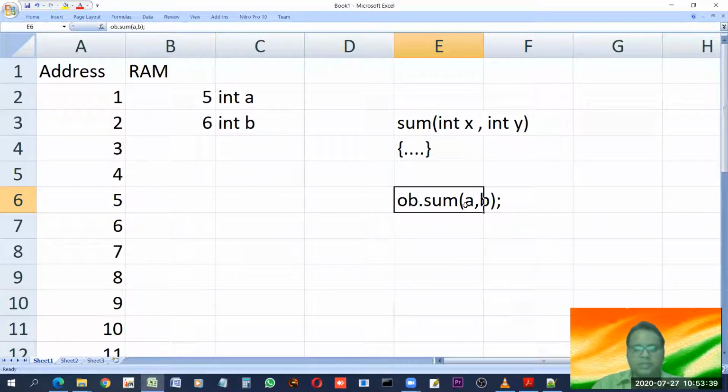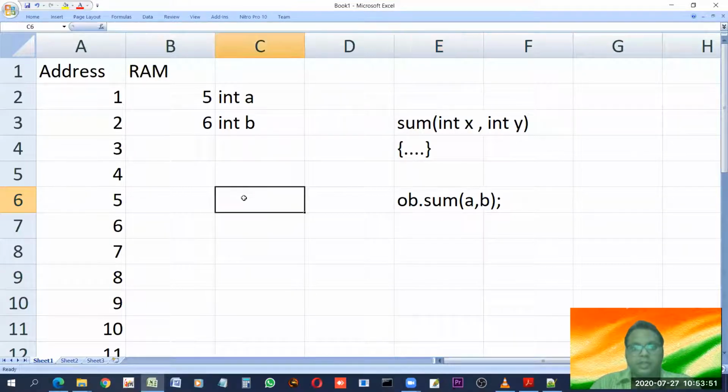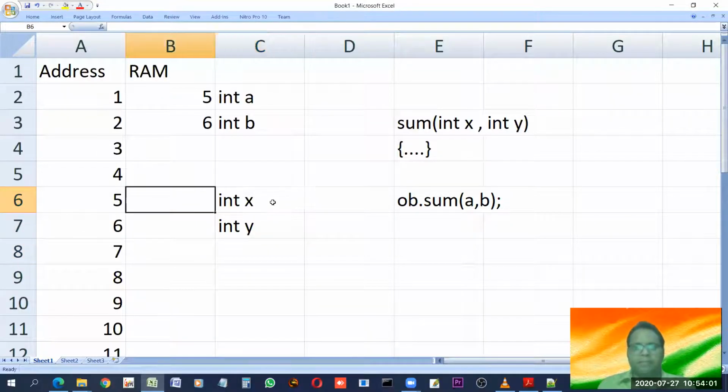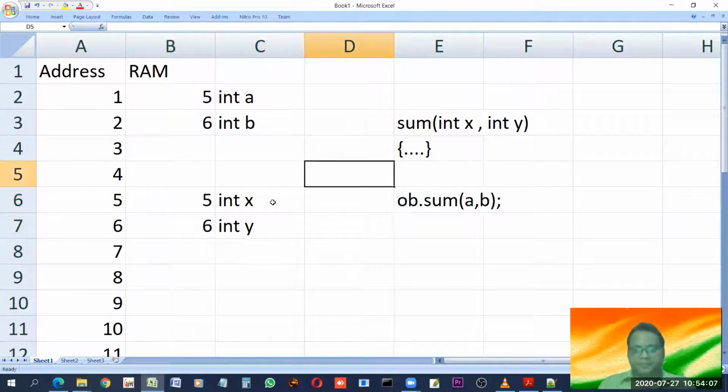Right now, I'm showing you an example of pass by value. What happens if you call in this way? Whatever the value of a is gets passed to the formal parameter int x. It means in RAM, int x is newly created and int y is also created, and then whatever the value of a is gets passed to x, and whatever the value of b is gets passed to y.